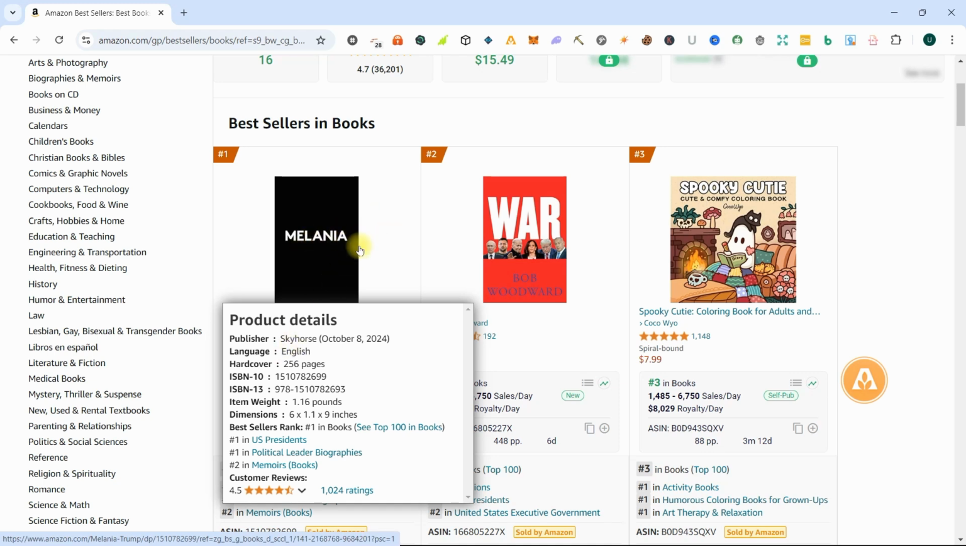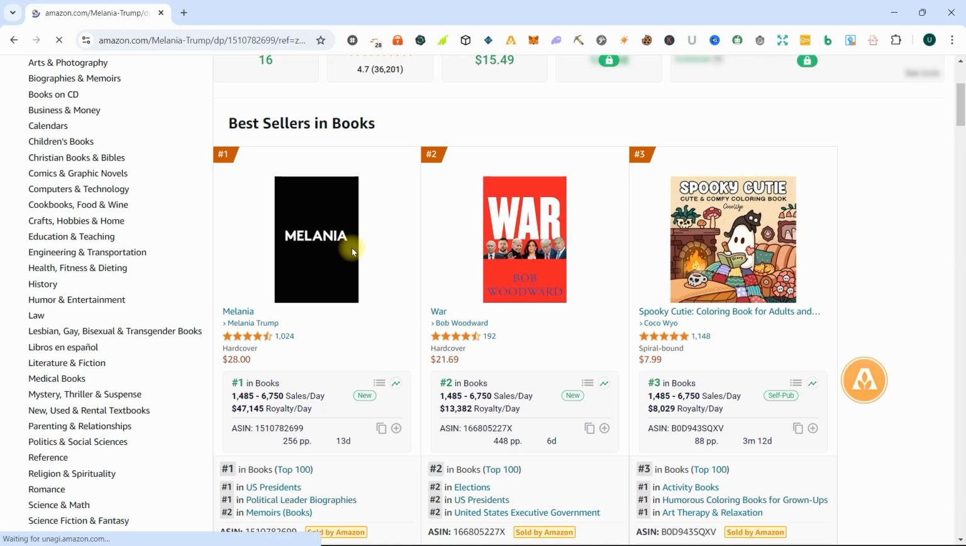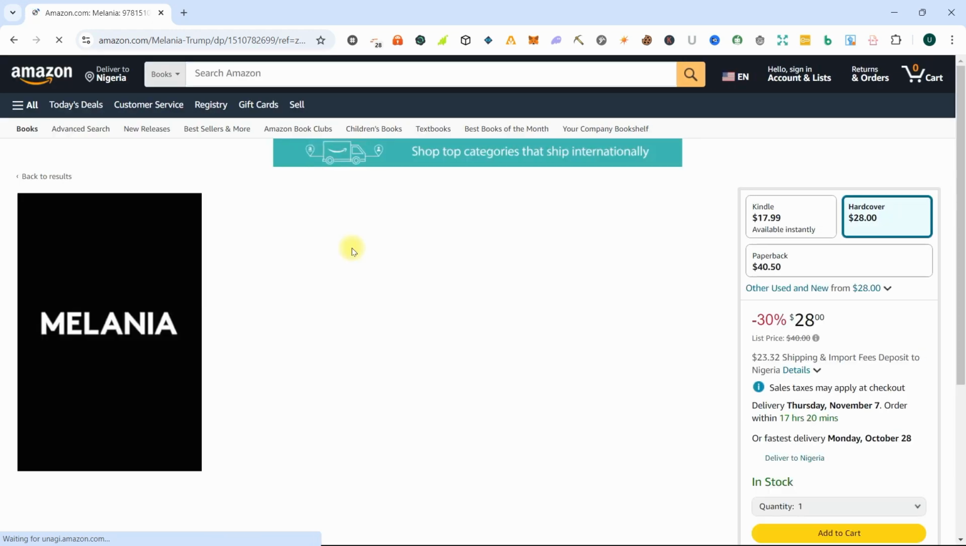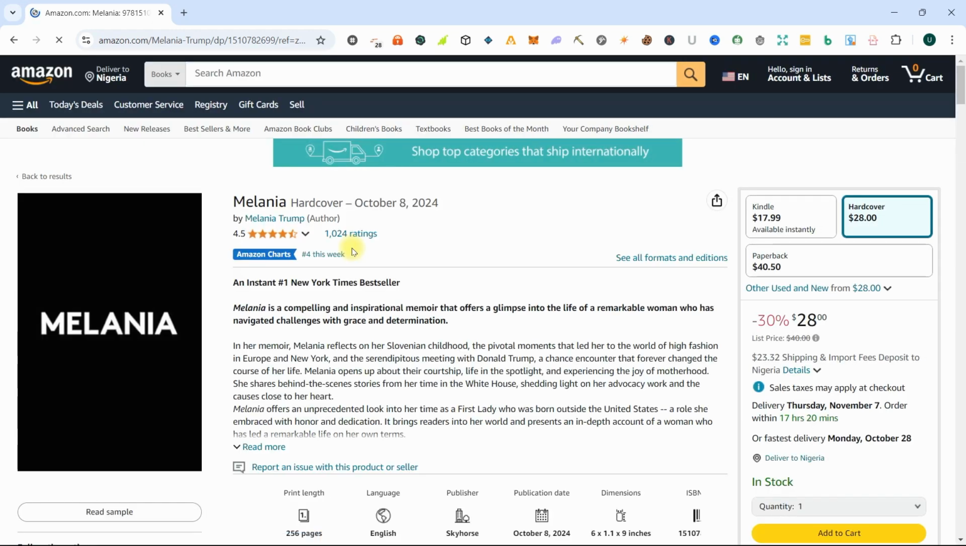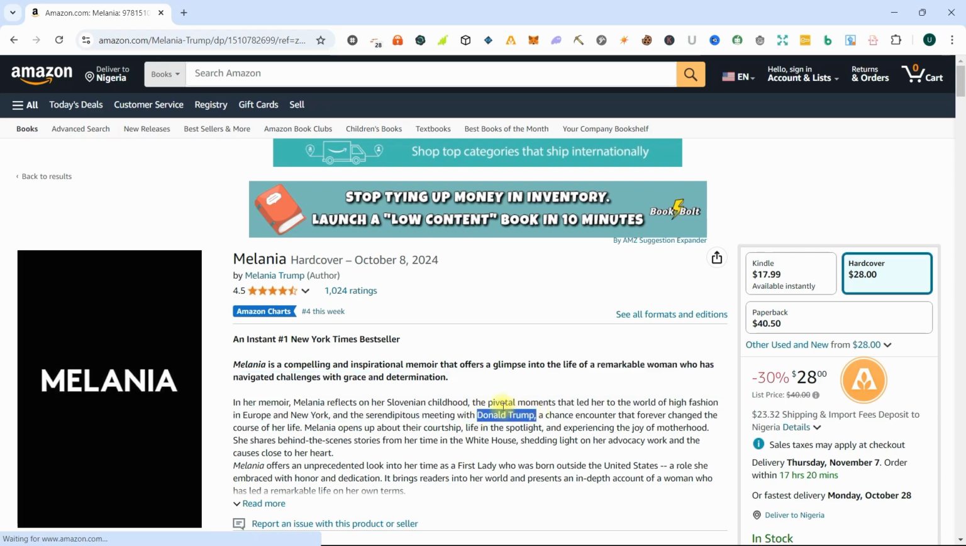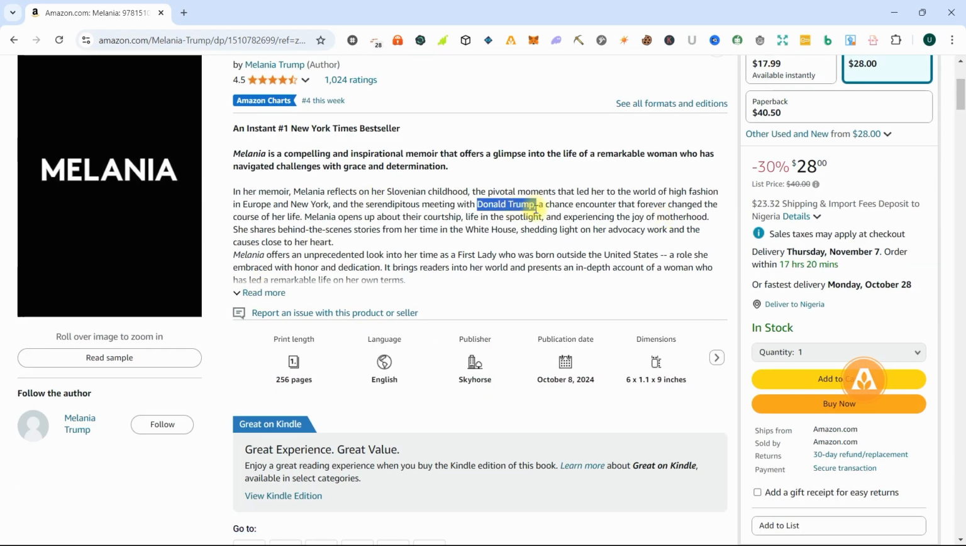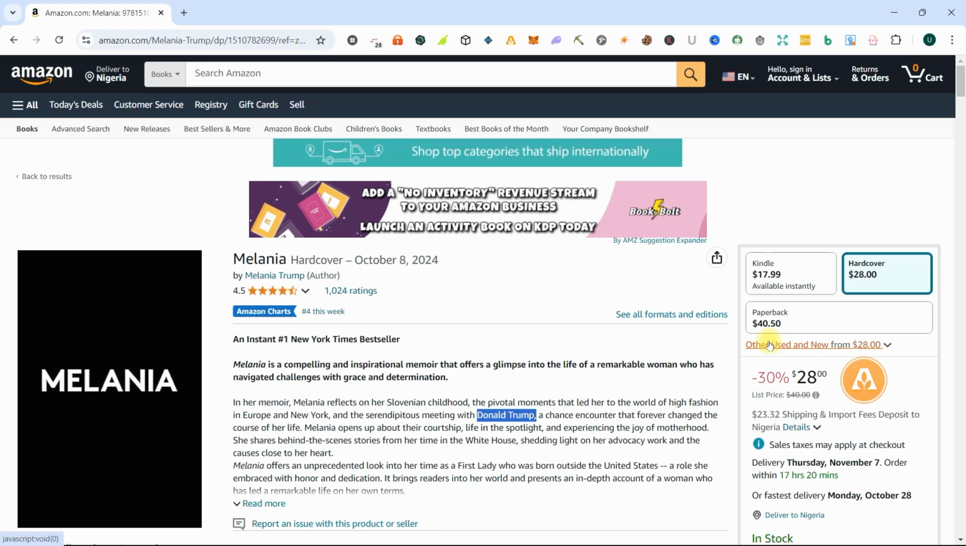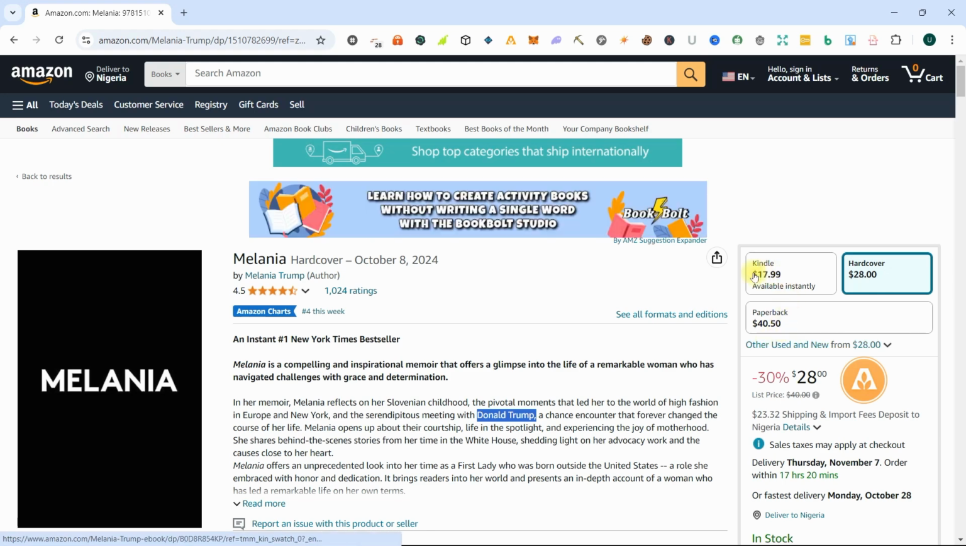Then, okay, let's open this book and use it as an example because it's in my niche. You can see here, like I told you, this book is about Donald Trump. I haven't opened it, but you can see Donald Trump here. It's just to give you insight into what this book is all about. And this book, the Kindle version, is being sold for